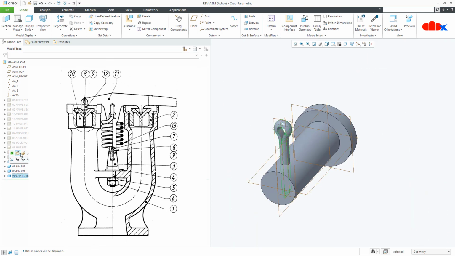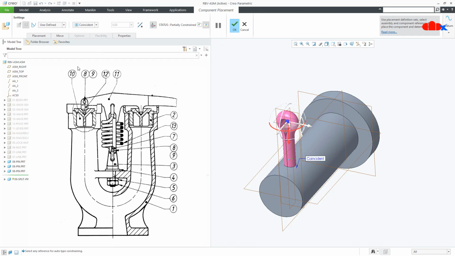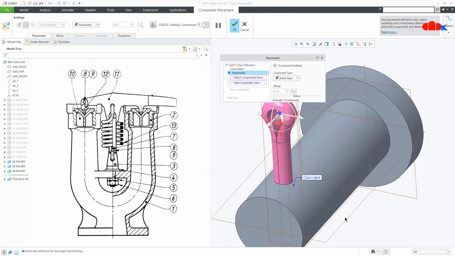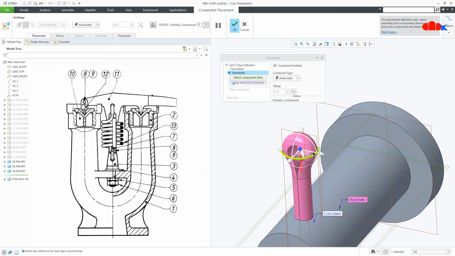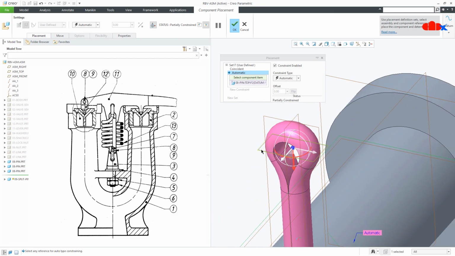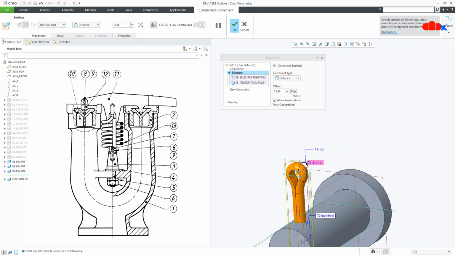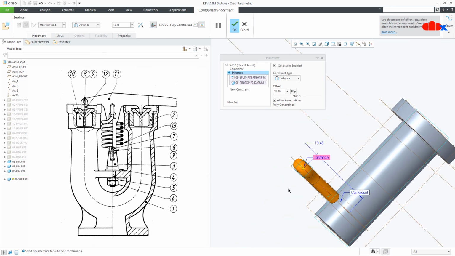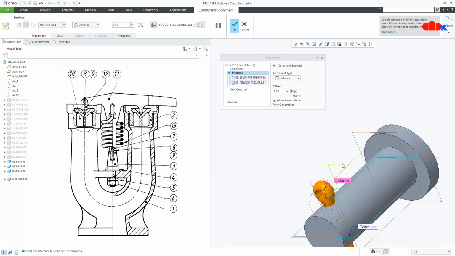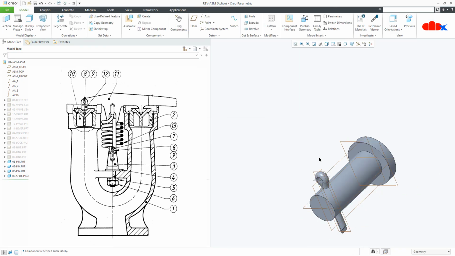I will edit this part. So one constraint I have applied. Now the second constraint, and for this I will select this datum plane with this datum plane. This gap you can adjust. I will take it as 10 and I will say OK.